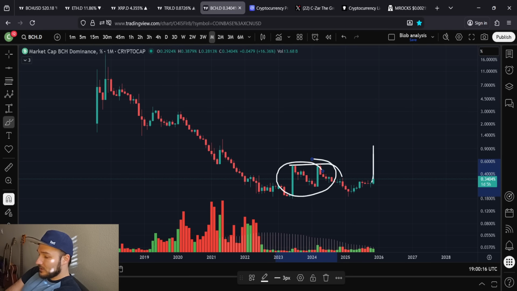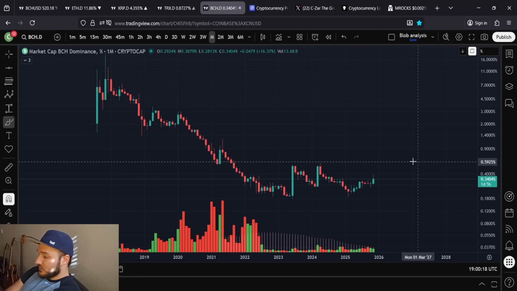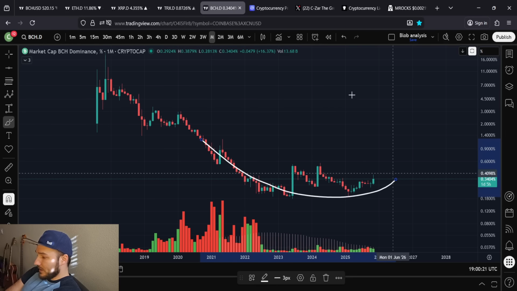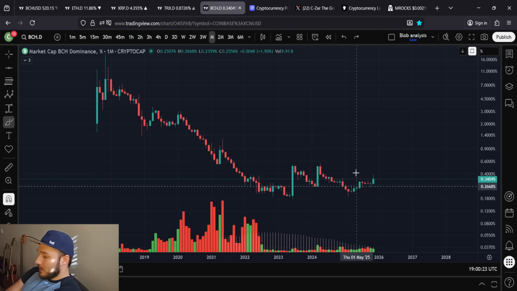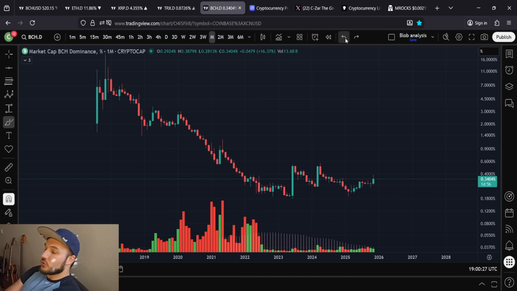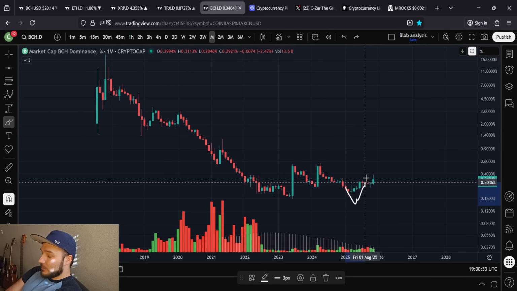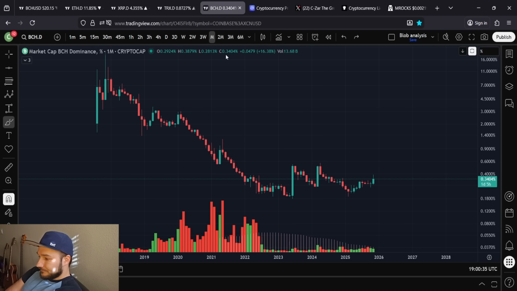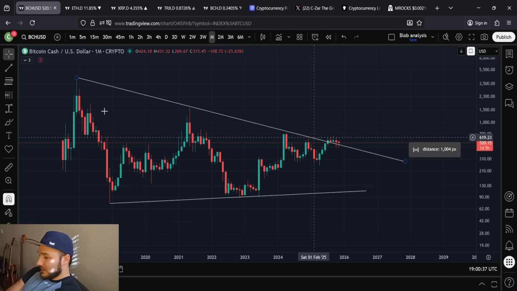It looks phenomenal. It's really one of the most bullish reversal signals in crypto right now, and it's the Bitcoin Cash dominance chart. This means you're going to gain value versus everything, versus the majority of the market, including Bitcoin. You look at the BCH BTC chart, it's basically the same chart. There's a slightly lower low here, but it's basically the same exact chart. And I think this has some very serious prospects.